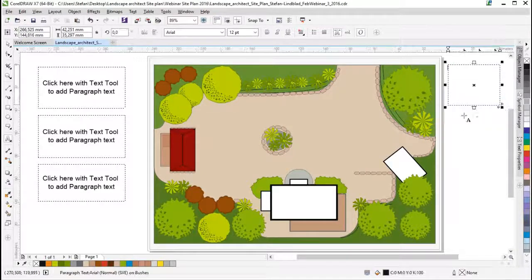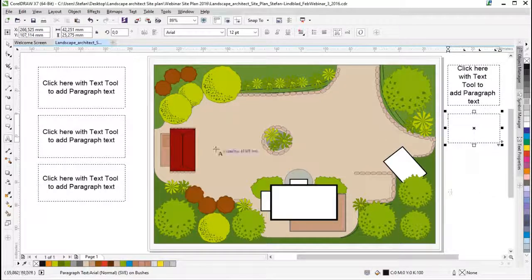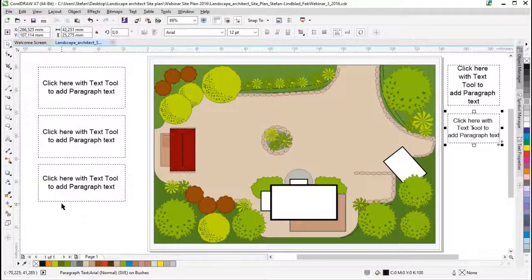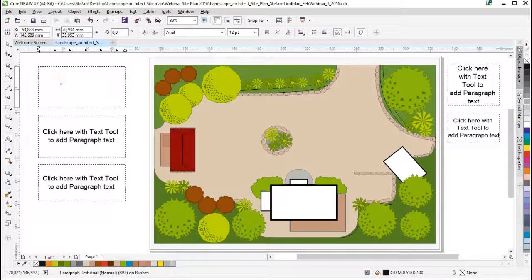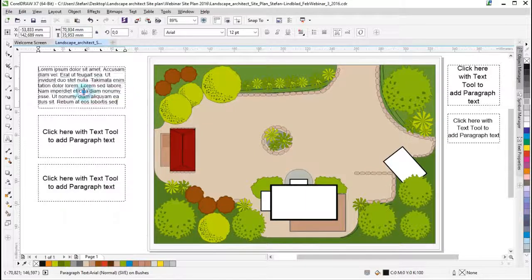And because you probably need to add some explanatory text to your site plan illustration, it's very good to know that you can work with both artistic text and paragraph text. Now, if I would just take a sample text, and that's usually lorem ipsum, I just right-click and place it inside there. But I can always also just write Artist Studio here,